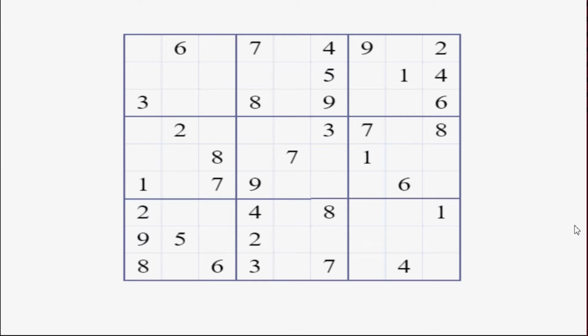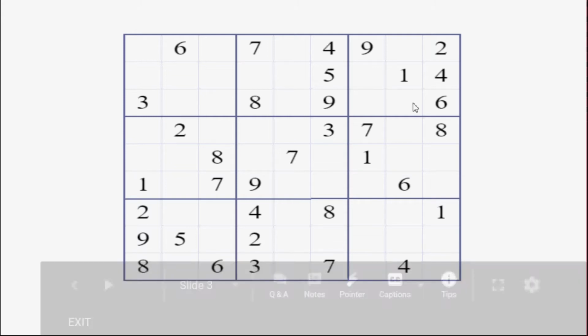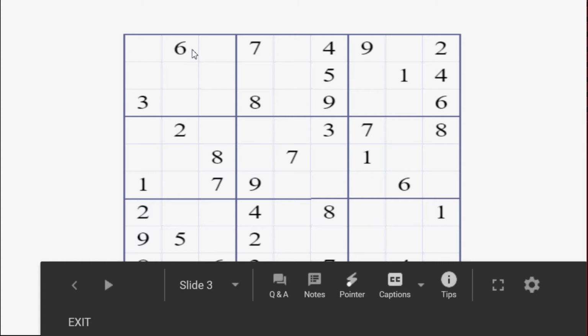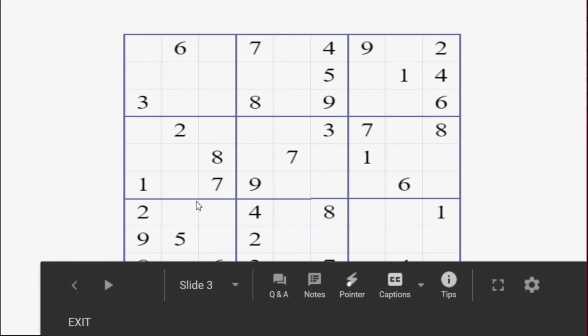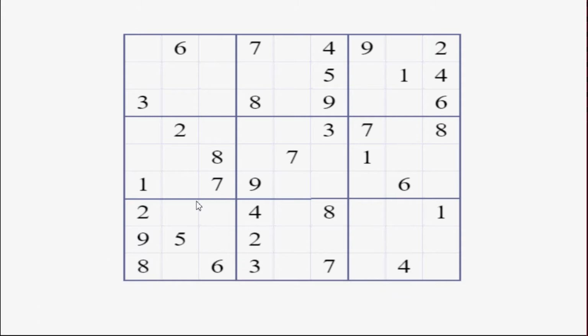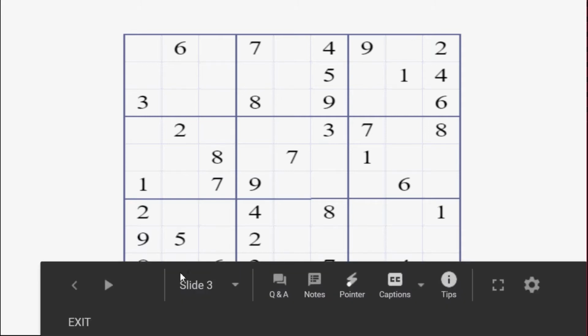Okay. Now, the second constraint of this puzzle is that the corresponding row should not repeat any number. What do I mean by that? Suppose there is an entry 6 here, I cannot fill any other cell of this row with 6. This is the second constraint, that the corresponding row should not repeat any number. The third constraint is that the corresponding column should not repeat any number. So what does that mean? That if I have 6 in that column, 6 cannot be fitted in any other cell of that column.